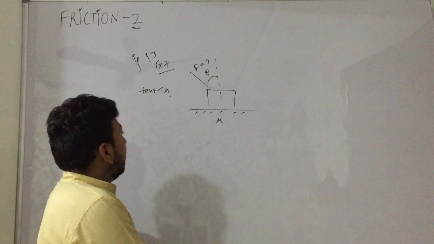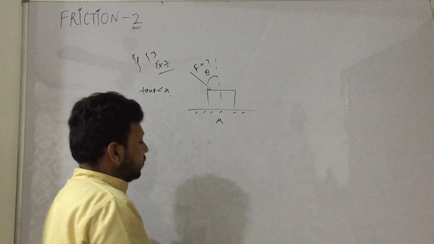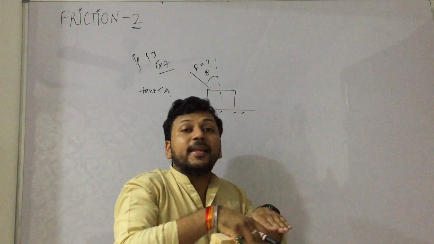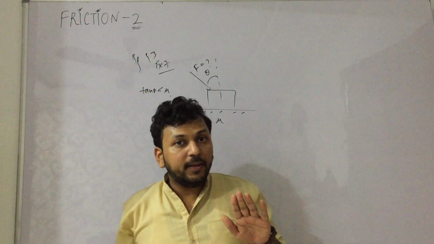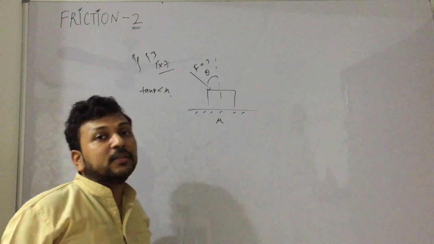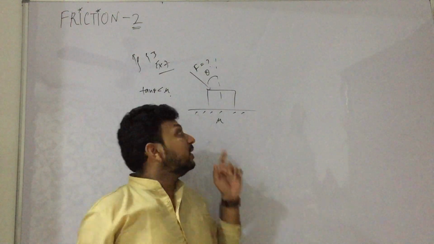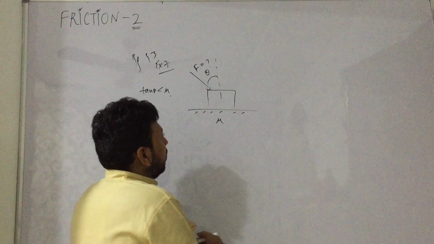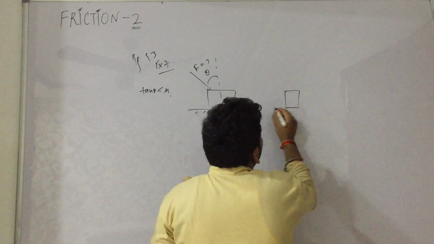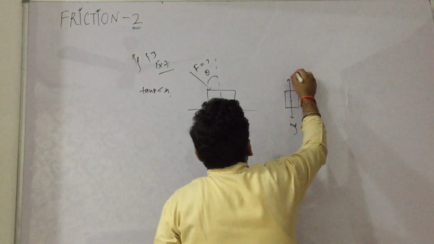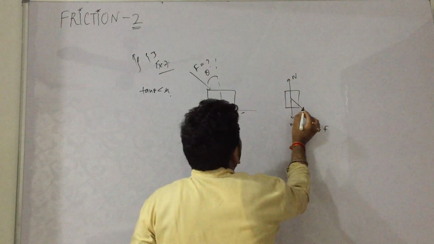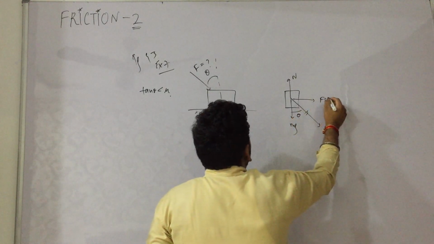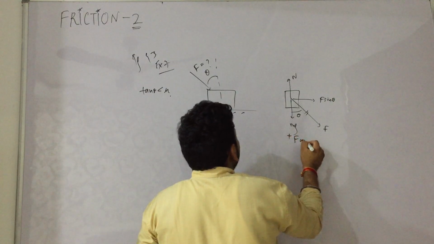Yeah, so first of all, understand we are pushing the block like this. If we push the block with lesser theta, almost vertically, it will never move, right? So if theta becomes less than a certain value, it will not move. So this is that value. Now exactly how we calculate this, we'll see now. So you can draw the FBD, mg, normal, and then there is some force, and this angle was theta. Okay, we resolve the angle, F sine theta, and here it is F cos theta.